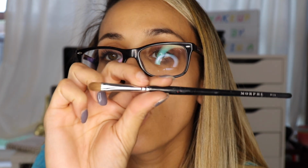The first one that I originally got was the Morphe M124, which is like this. And it is a really small packing brush. I thought this would be great for detail work, even just applying it all over the lid as well. It's not that small, but I feel as if this doesn't pick up a lot of color, so this didn't really work out for me that well, and I went for the Morphe